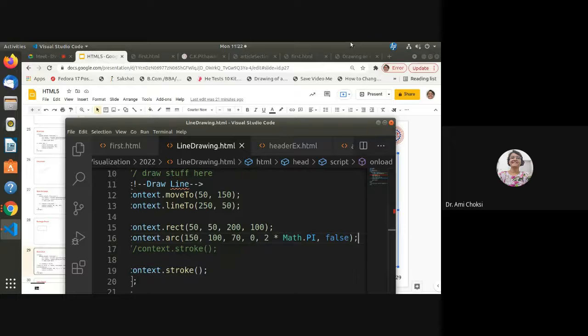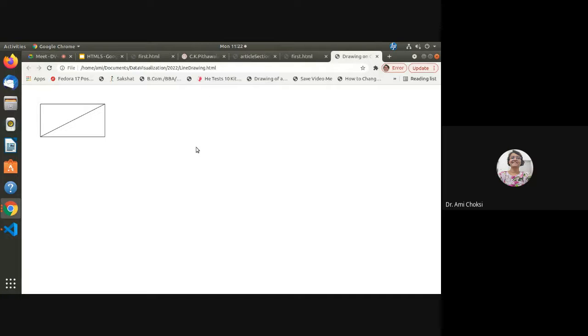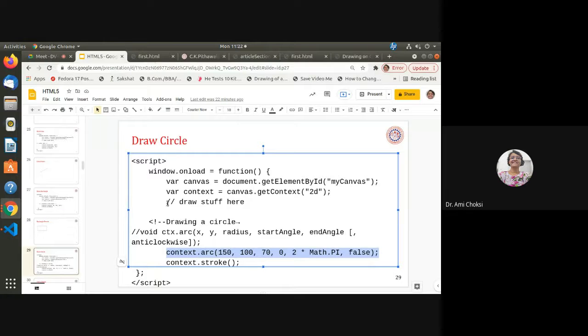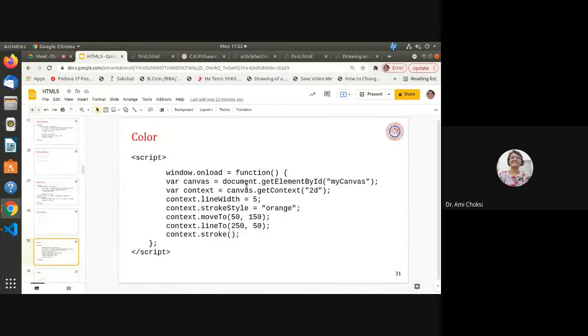Okay, let us update this, that is upload this, reload this. We can see the circle, right? We can see the circle. I am putting everything in the same code so you can see the effect, right? Otherwise, we can write different files and we can draw the line, then after that the rectangle, then after that the circle, right? That also we can do. Very simple thing, right? So this is for drawing the circle. Okay. So that's all for today.